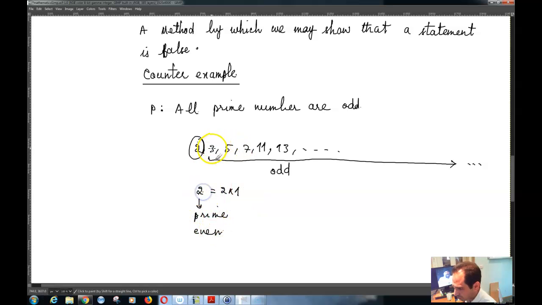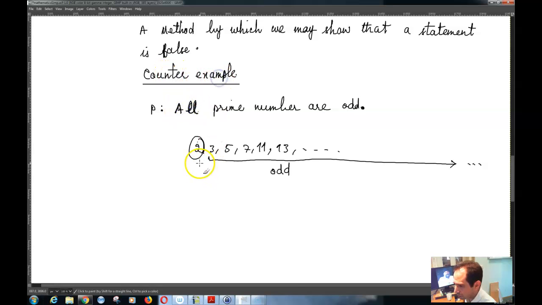Except for 2, all of these numbers are odd numbers. The only even prime number that you can find is 2. So now the statement that I have is that all prime numbers are odd, and you want to basically